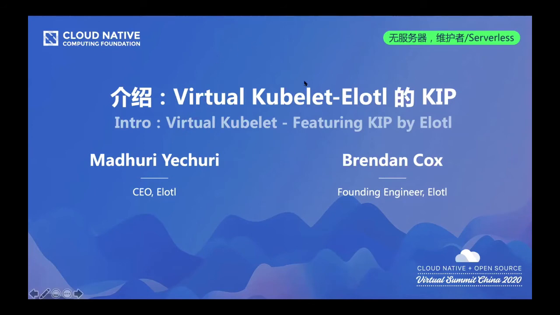I'll go ahead and start answering the questions in the order in which they were asked. The first one was from Hong Lee, asking if there are plans to include KIP as part of Virtual Kubelet or as a sandbox project under CNCF. Virtual Kubelet providers are hosted in their own repos just to have cleanliness of separation for the various providers that are out in the market. So the provider for KIP is open source, and it's listed under GitHub Elotl KIP.